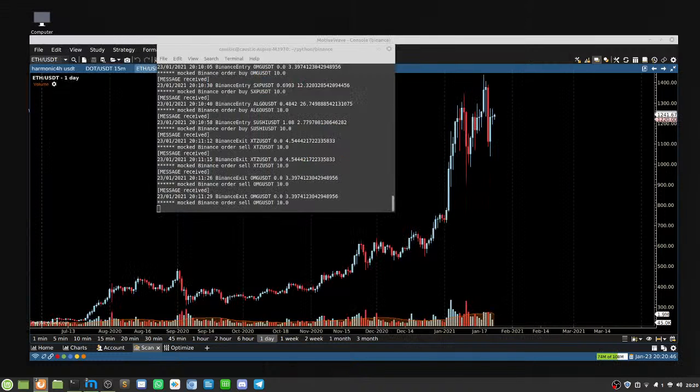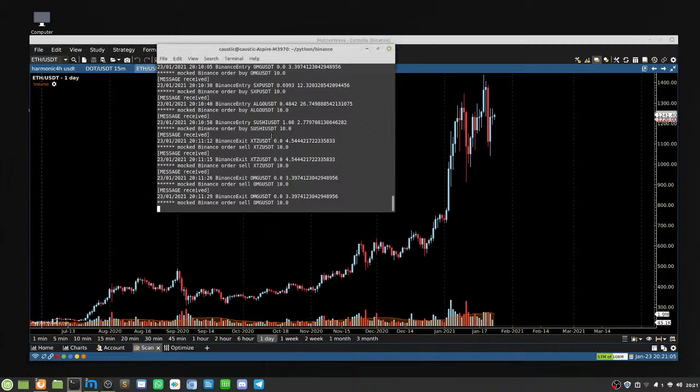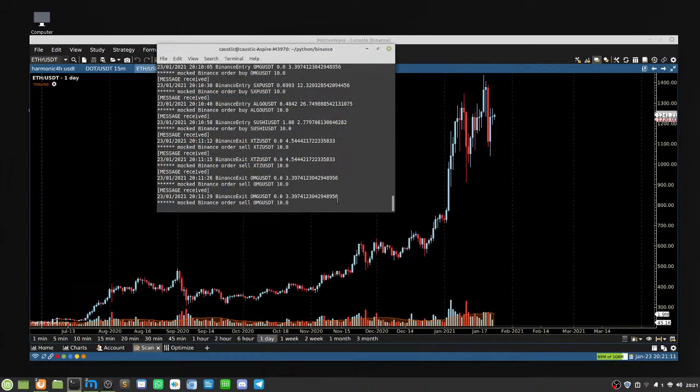So what am I talking about here? So here it is. I've shown this in a previous video. This is the trading client. This has been up and running for the last few, I'd say, hours. So we have here a bunch of these coins, exit and entry, but I'm not going to do the P&L on them yet because I have to build it out or move a bunch of files over. But for now, I would say everything's back to normal with the bot as it should be in updated 3.8